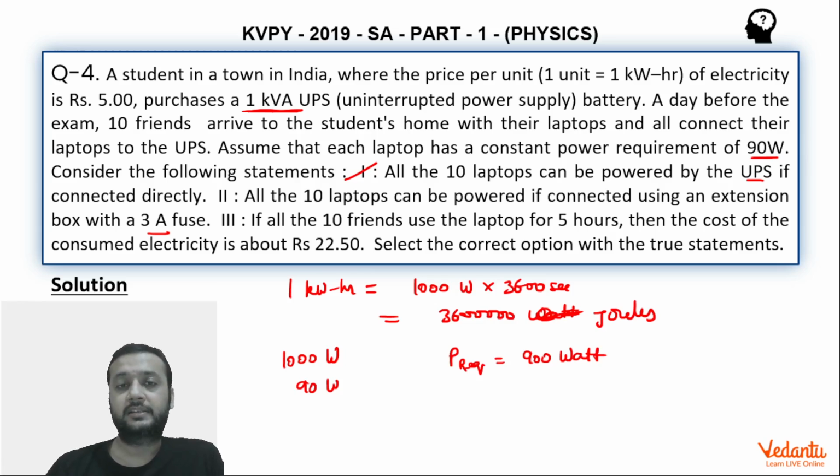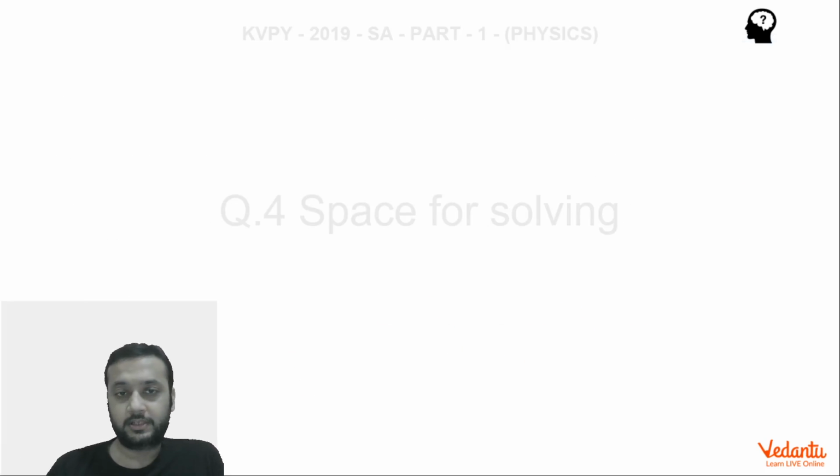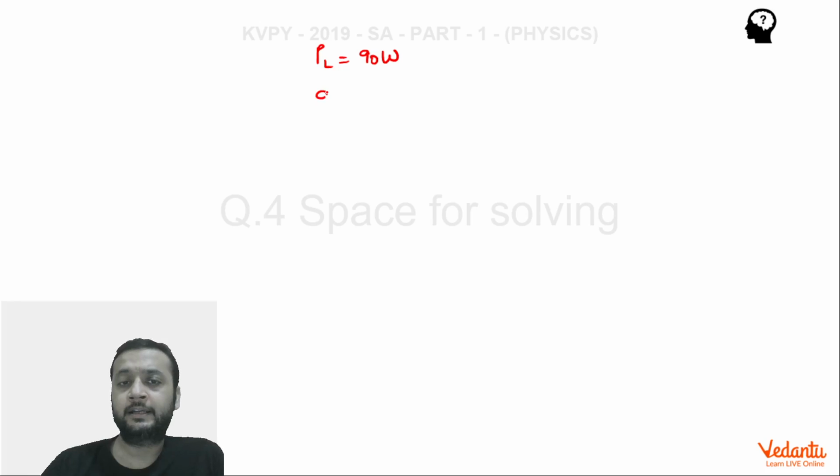Okay, now let us see what is the current requirement of one laptop. What is the power rating of one laptop? Power rating of one laptop is 90 watt. Now generally the power rating is done at 220 volts. We already know that the electricity supply in our homes is done at 220 volts. So all appliances rated in India are rated at 220 volts. Okay, so if I say 90 is equal to 220 into current,